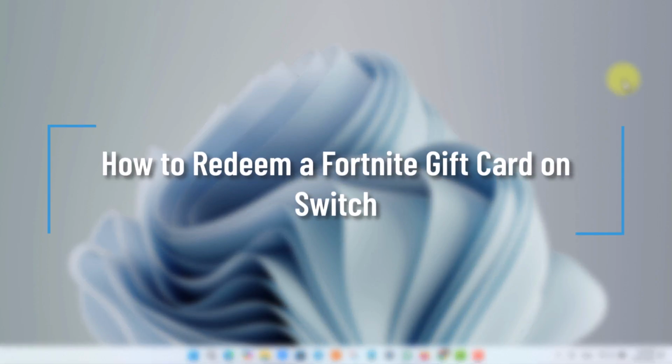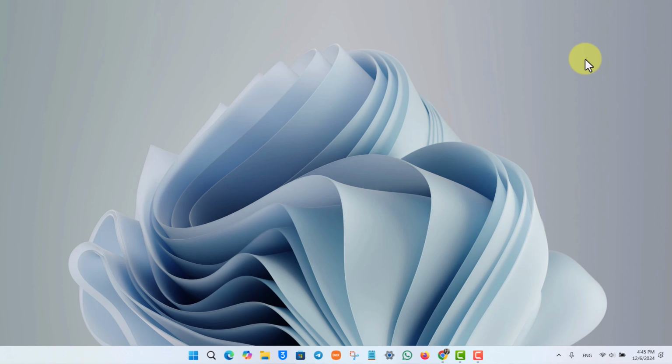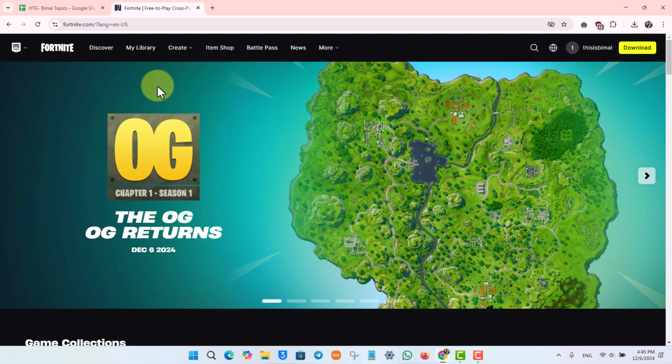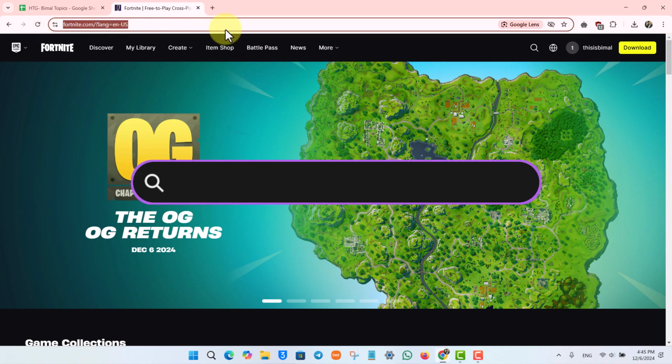How to redeem a Fortnite gift card on Switch. Now, even if you play Fortnite on Switch or any other console, to redeem it, you have to come to your browser. So you can open your browser on your computer or tablet or anywhere else, and then you want to come to the official website, which is